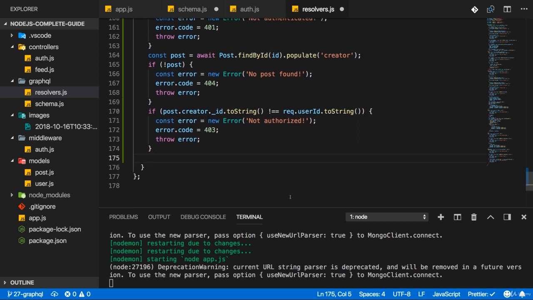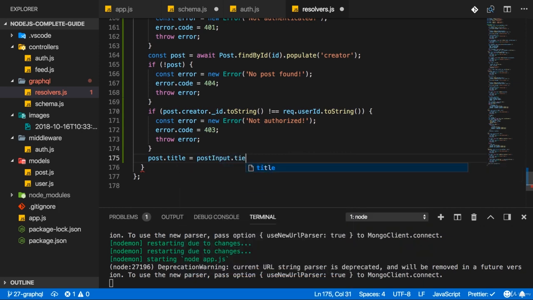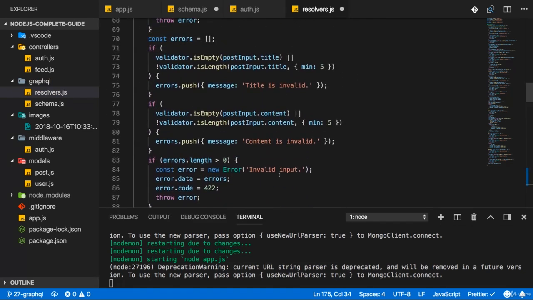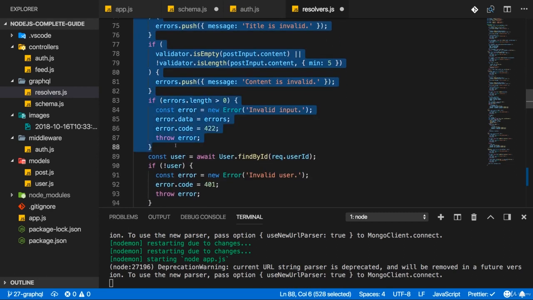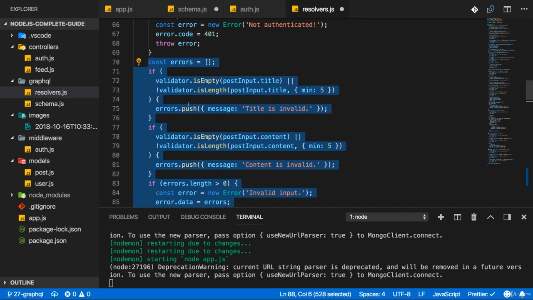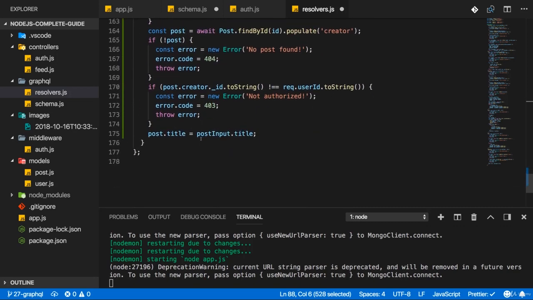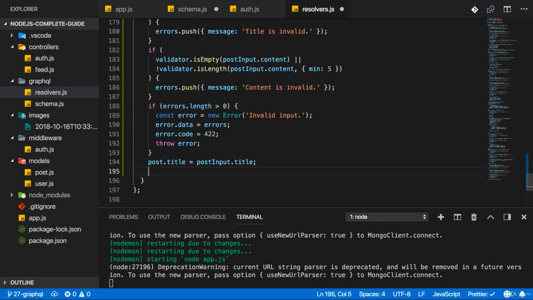If we are the right user, however, we can now edit the post and set the title equal to postInput.title. We could now also add validation, by the way, and we should. So I can scroll up to my createPost function and grab that validation logic, all the logic beginning from the empty array being set up to the errors being checked. And that is something I also want to do before I start editing my post title and so on. But now here I know that the input is valid. So now I will edit my title. I will edit